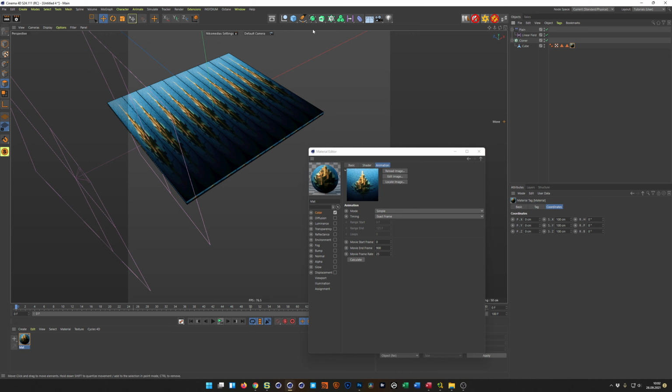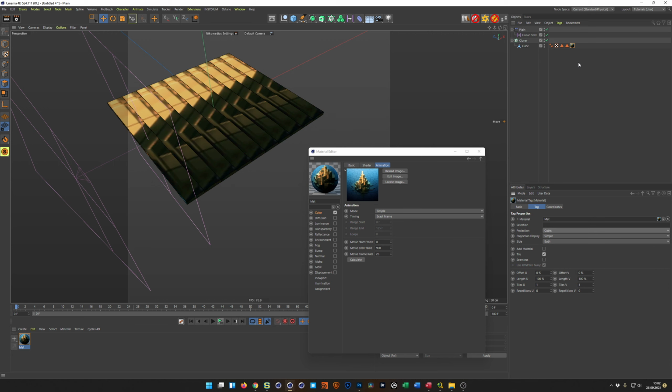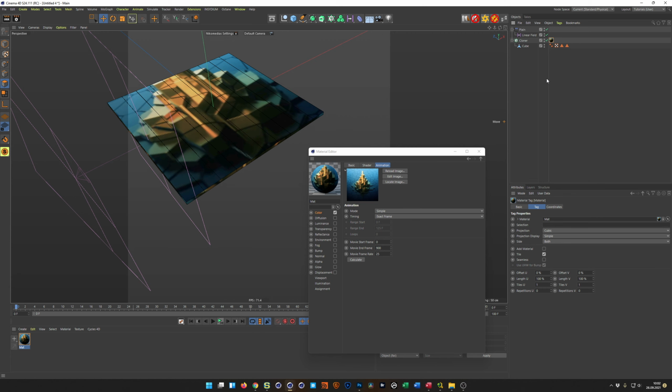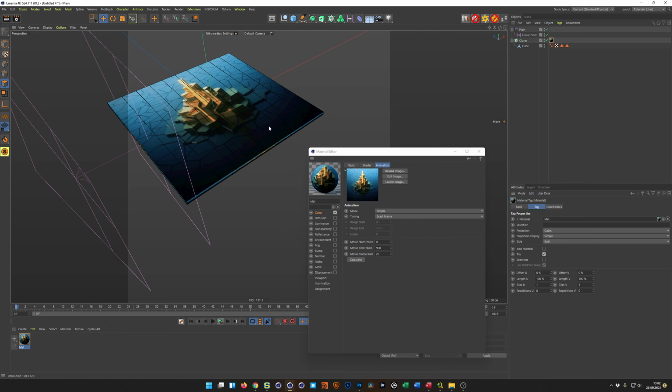If you don't know the scale of this size here, you can simply go to your tag here, go to the cubic, drag it on the cloner, and now right click it and click Fit to Object. And now you see I have it. So you don't have to put in the coordinates here, so that this would be 51, 50,